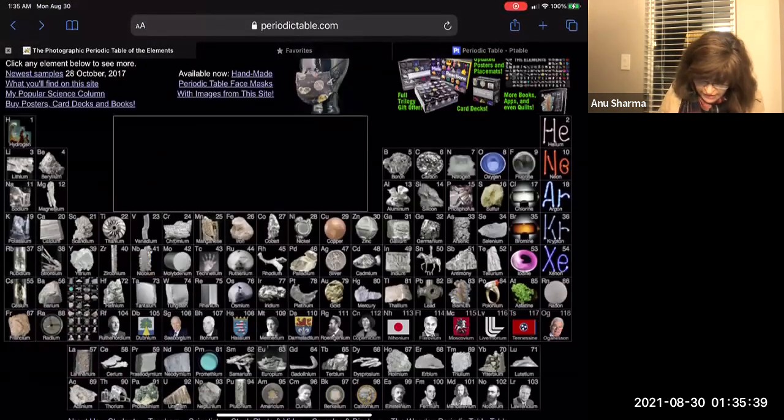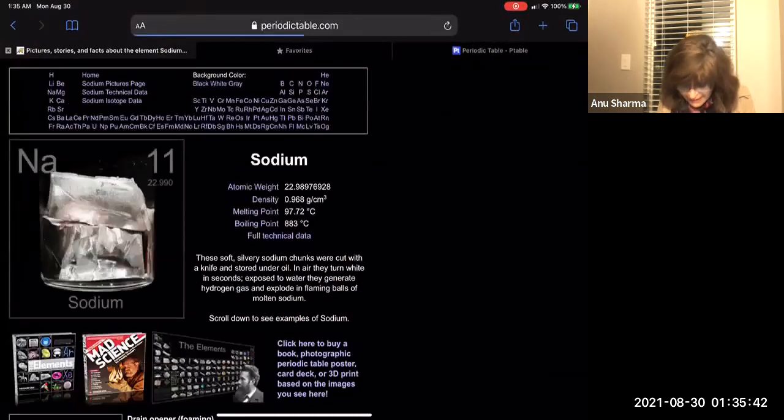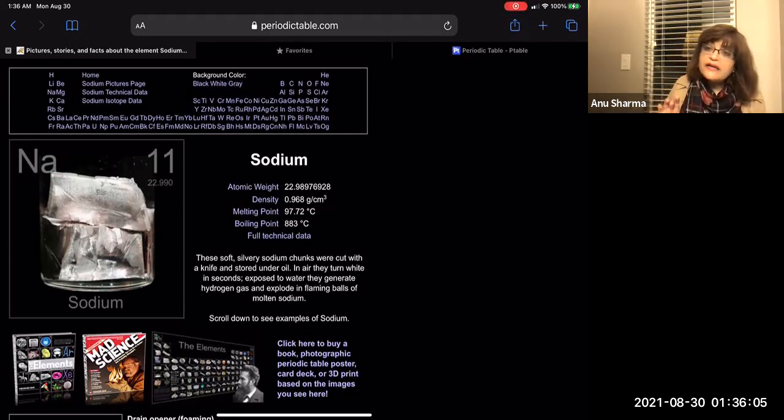Let's look at a few more. Let's look at sodium. Now, sodium is very, very soft. So if you need to work with sodium and you need a certain amount of sodium, then you need a knife to cut this, because it's like butter, but it is very reactive. So they put it under the oil. Okay, so the same sodium that you eat in your salt, right? That same sodium, if it is just by itself, because salt is chemically combined with chlorine. But if sodium is just by itself,